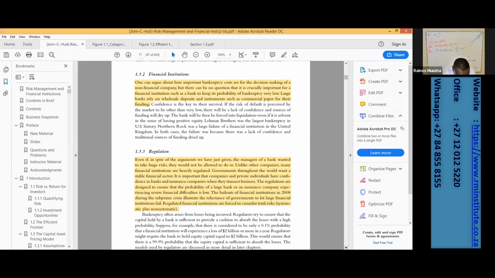So large banks rely on wholesale deposits and investments such as commercial paper for their funding. Which means confidence is the key to their survival, mainly because if there's a lack of confidence in the financial system, it basically means that there's going to be a run for money by the depositors trying to withdraw their money,